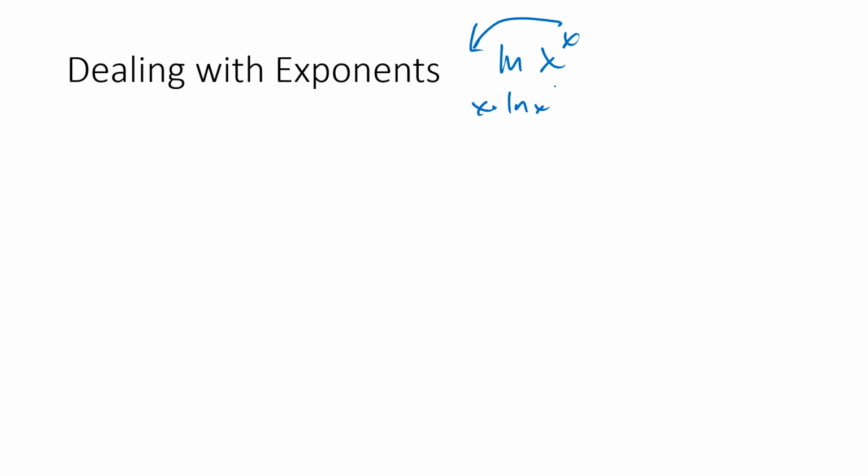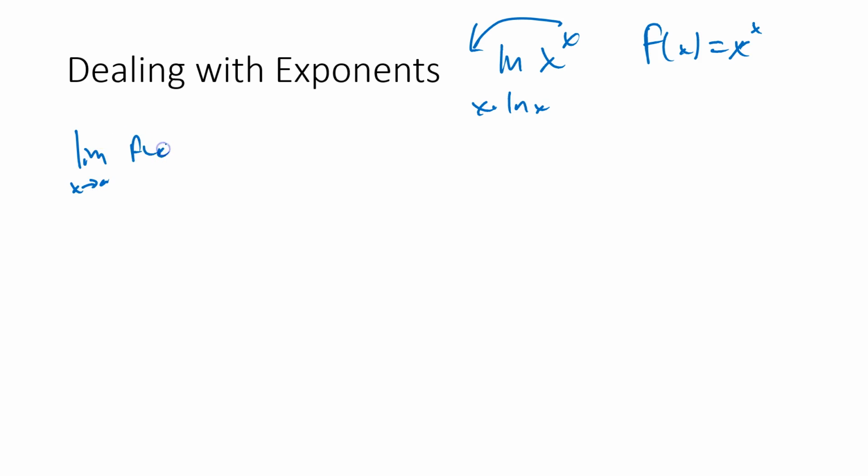Now the issue with this is you can't just take natural logs of functions, right? Because if you take a natural log of a function, it's going to change the structure of the function. So what we do is we say, okay, if we take the natural log, how can we get the function back? So let's say f of x is x to the x. So if we want the limit as x approaches whatever value, a, of f of x,